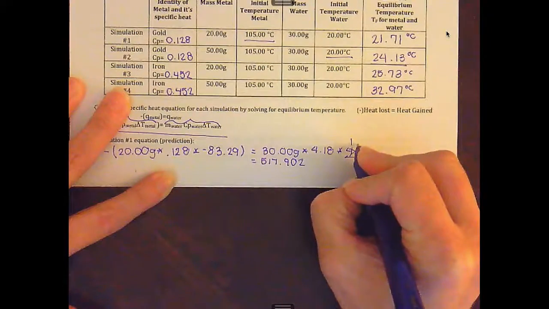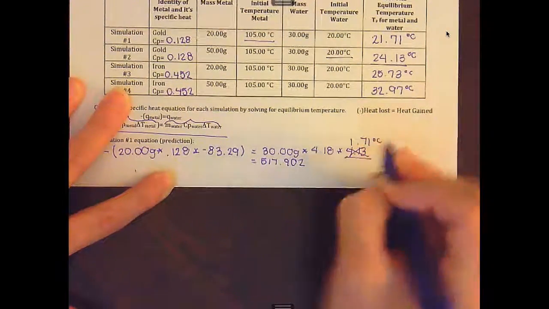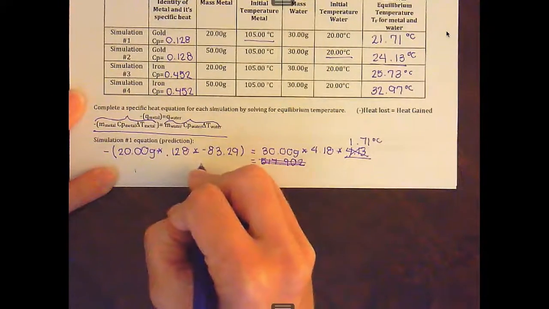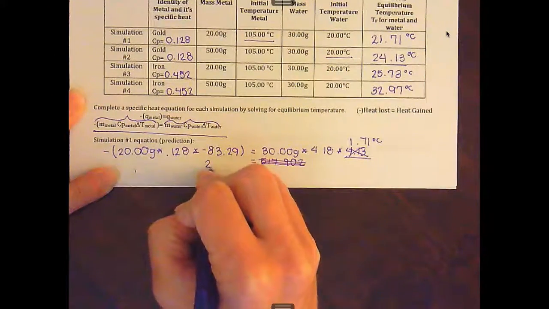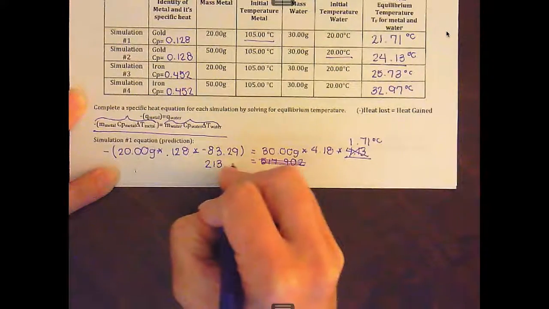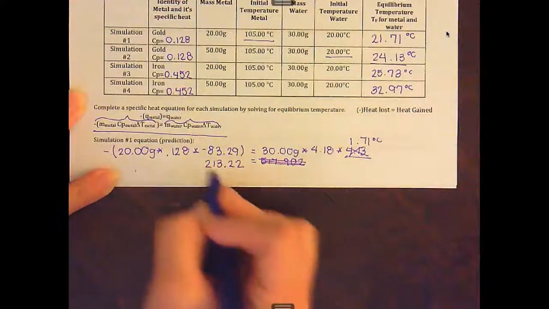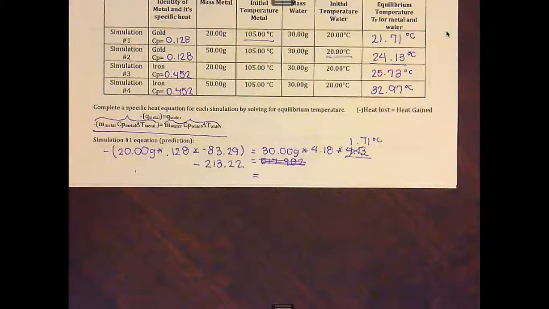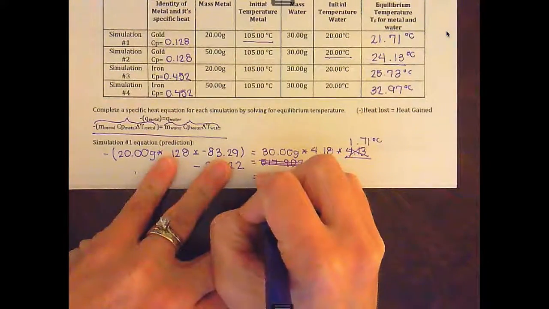That should be 1.71. Teachers make mistakes too. Over here, excuse me, that should be 213.22 equals, it's negative there. Let's try this other calculation again. There we go,